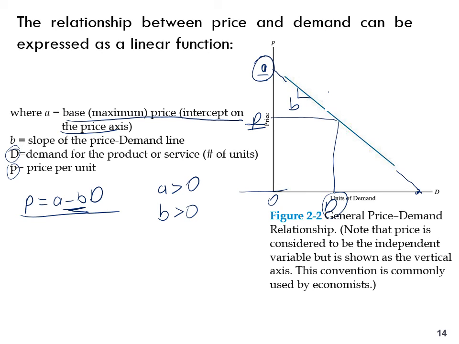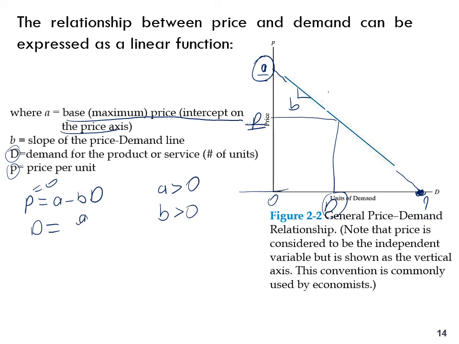Okay. Also, let's see what happens after this point. You see the price reduces to a negative value, and a negative price is meaningless. It is not defined. So this curve should never pass to this region. The end of the curve should be this point here. And what is this point? How can we find that point? Actually, that point is the point where P is 0. In this equation, if you assign P equal to 0, you will find that D is equal to